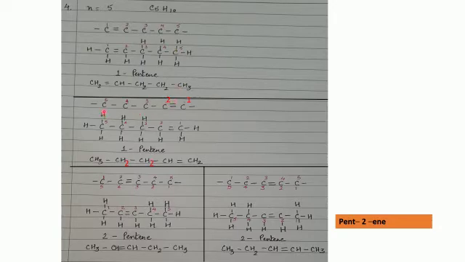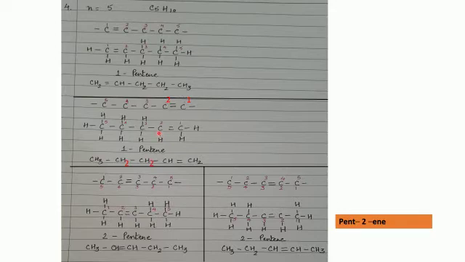Second structure for pentene, show the carbon skeleton, but now we are showing the double bond between the last 2 carbon atoms, so the numbering will be from right to left: 1, 2, 3, 4 and 5. Distribution of the 10 hydrogens will take place now. You can start from any side. If this is the first carbon, it is forming a double bond here. It needs another 4 electrons. So it will form one single bond with one hydrogen, another single bond with another hydrogen.